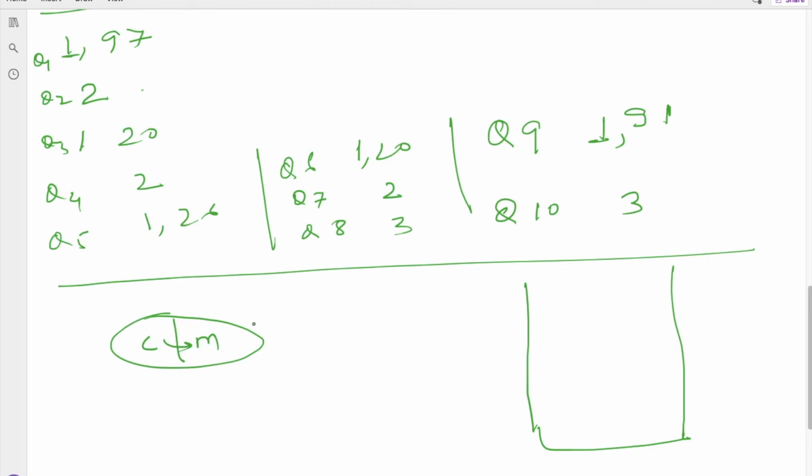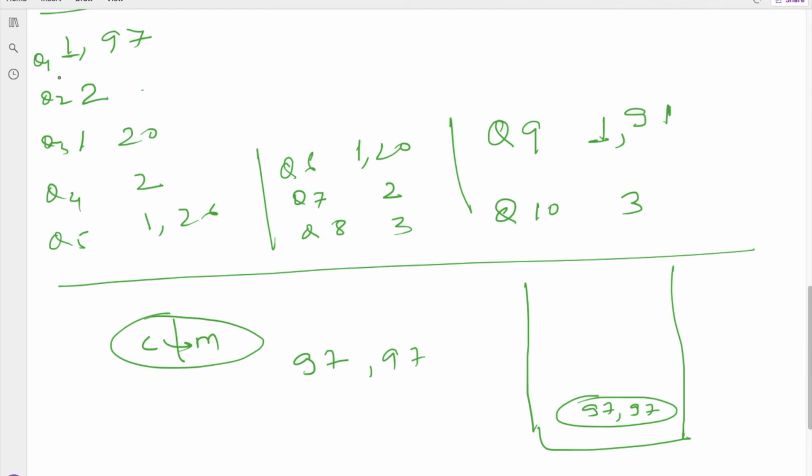For example, this is my query 1, the operation is 1 and the value is 97. My current element is 97, and the maximum element for this current element is 97 itself. So we will keep 97 and 97.